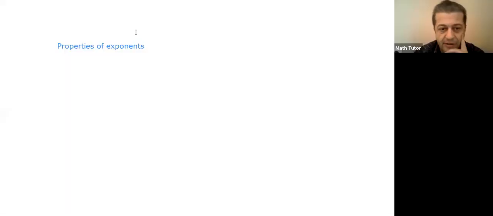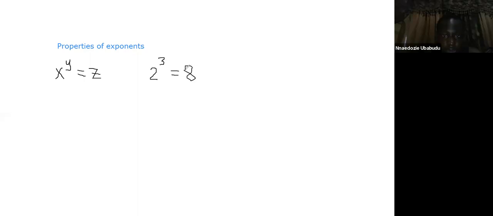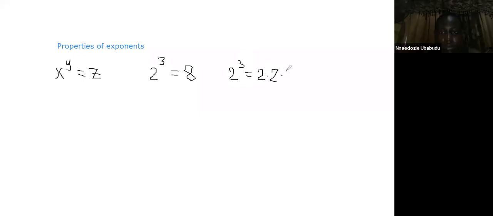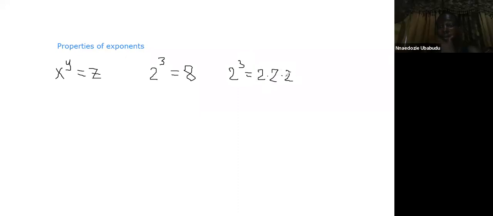If we write a number in this form, for example, x at power y, it gives a result, for example, z. If we substitute numbers in this equation, for example, 2 at power 3, the result will be 8, because 2 at power 3 means 2 times 2 times 2. And 2 times 2 gives 4, 4 times 2 gives 8, isn't it? So